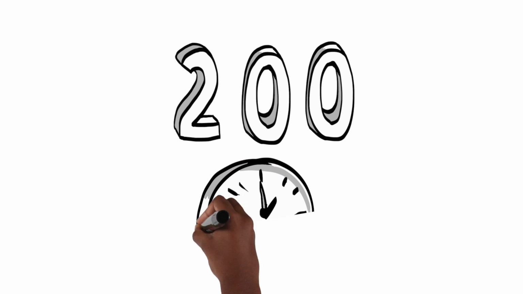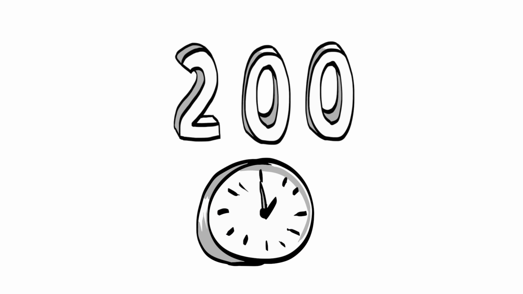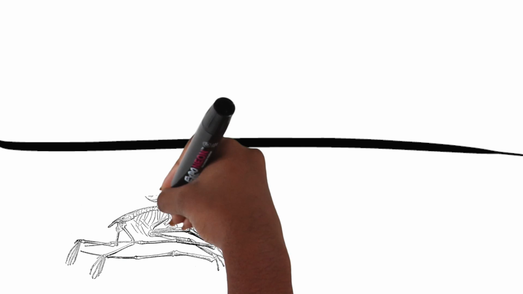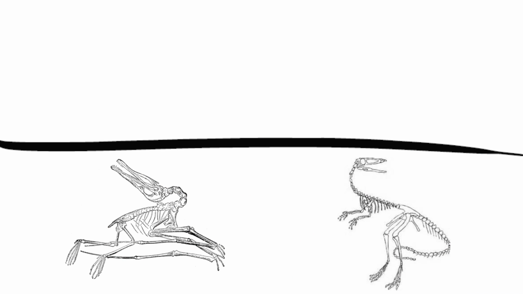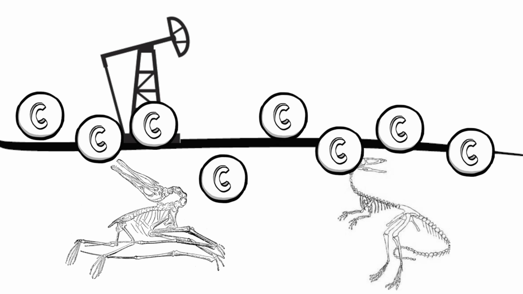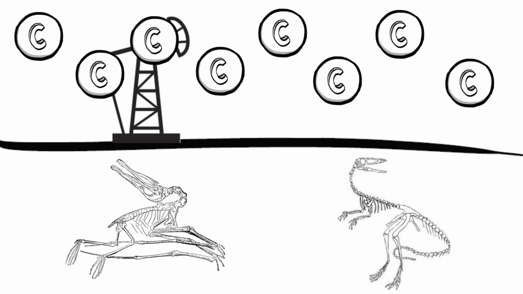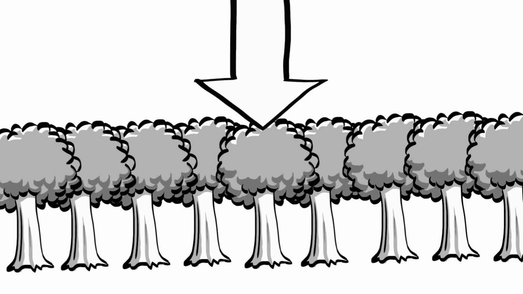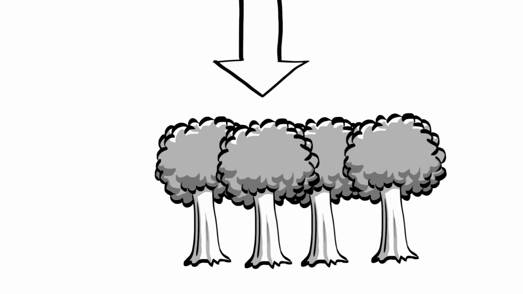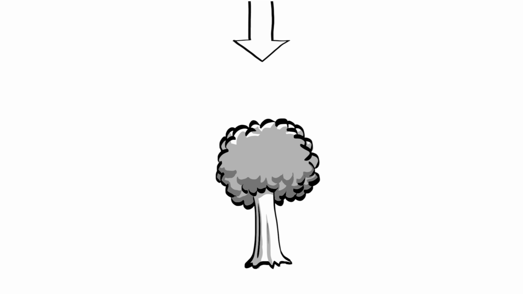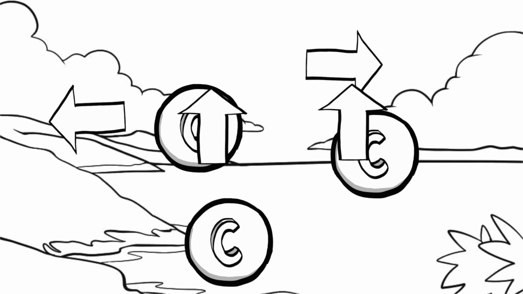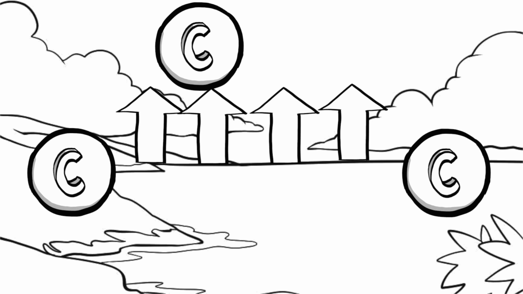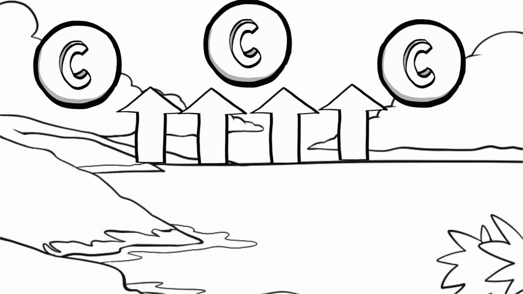Around 200 years ago, humans started impacting the cycle by burning fossil fuels such as coal, oil, and natural gas. These fossil fuels are the carbon remains of creatures that have died thousands of years ago. By burning them, it releases thousands of years' worth of carbon back into our atmosphere in the form of carbon dioxide. At the same time, humans started cutting down trees, which reduces the amount of carbon dioxide that can be absorbed from the atmosphere. Therefore, we now have more and more carbon dioxide in the atmosphere, but less carbon sinks to help cycle it back into other forms.